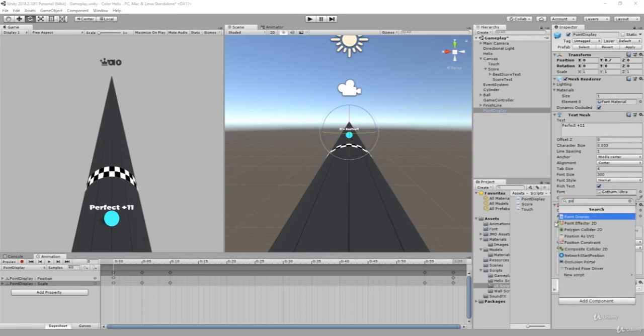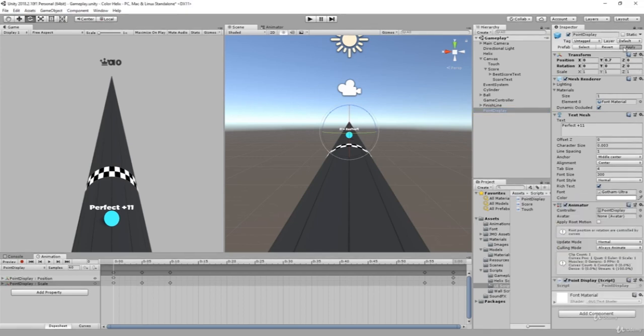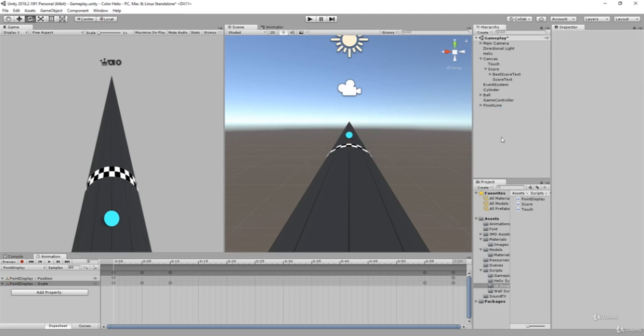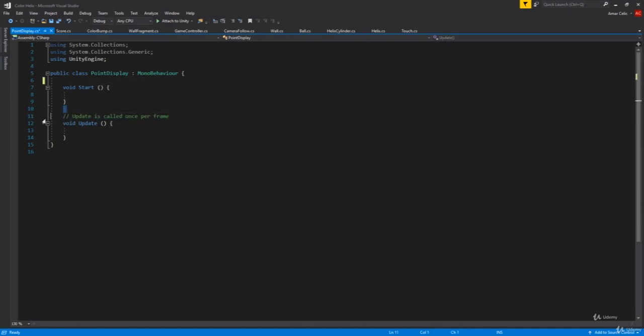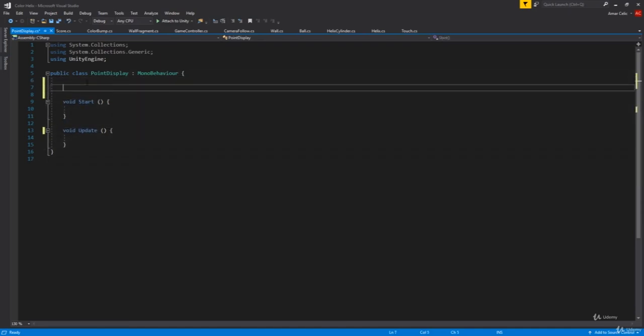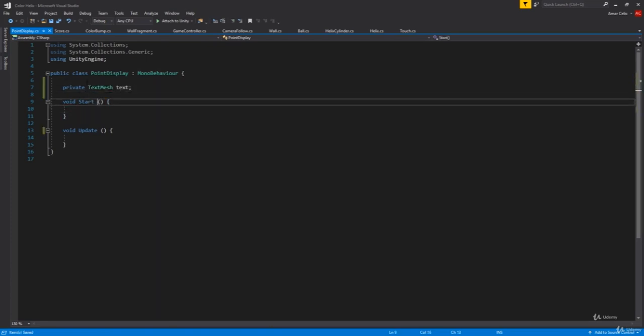And here we're going to add our point display and hit apply. Now we can delete the point display from the scene, and we're going to open that up in our script. As for the point display, it's going to be pretty simple. First, we're going to search for our text, which is our private TextMesh, which I'm going to call text. And in the awake function,